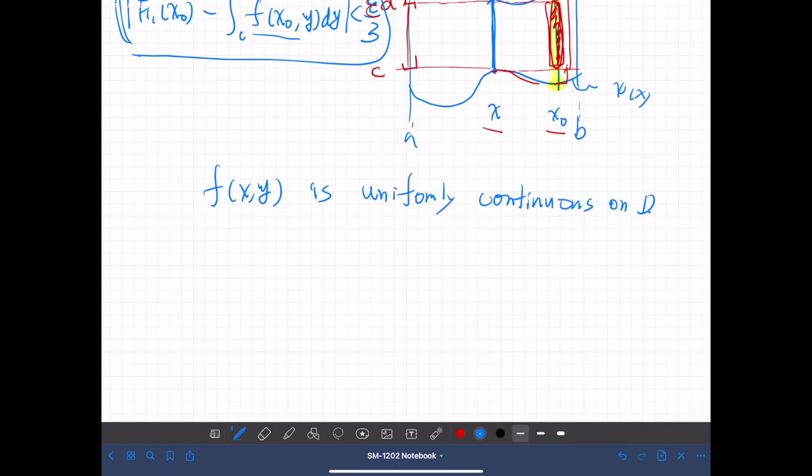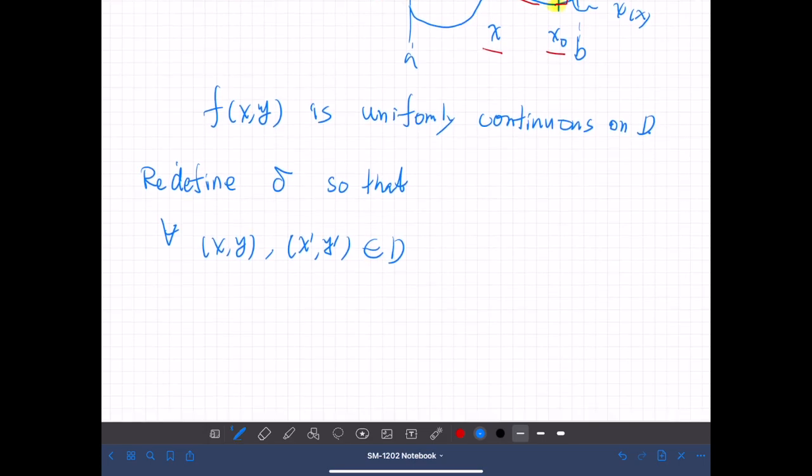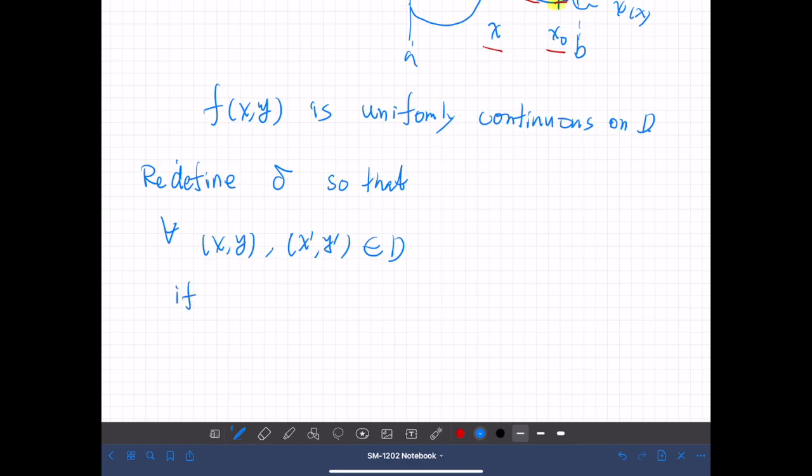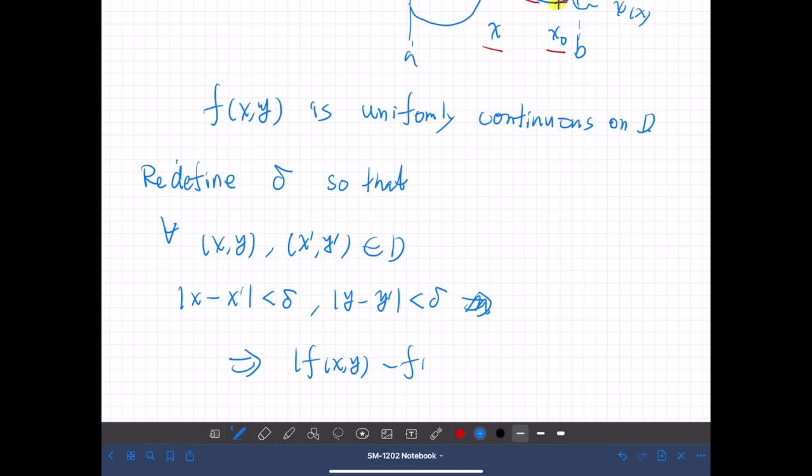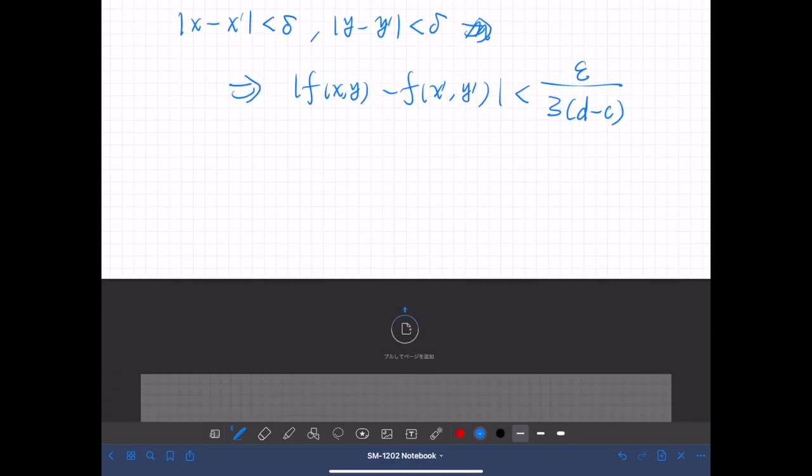So we can redefine delta so that for all points x, y, and x prime, y prime in D, if modulus of x minus x prime is less than delta and modulus of y minus y prime is less than delta, then modulus of f of x y minus f of x prime y prime is less than epsilon over 3 times d minus c. So if we define delta in this way,